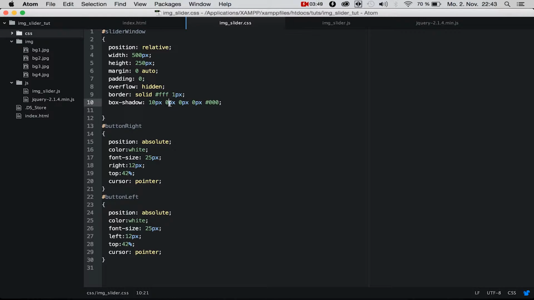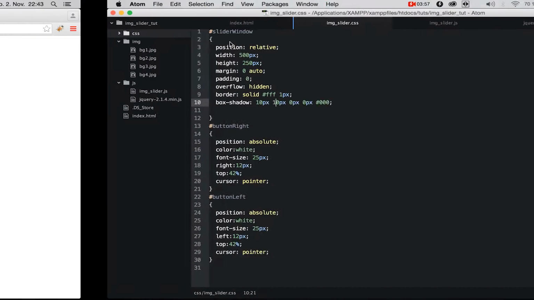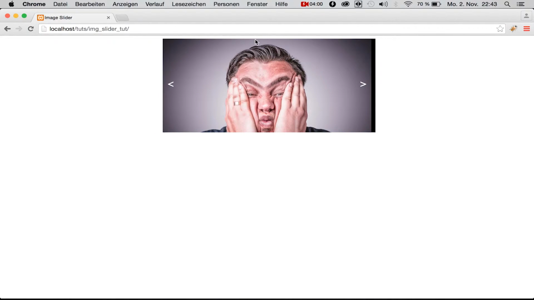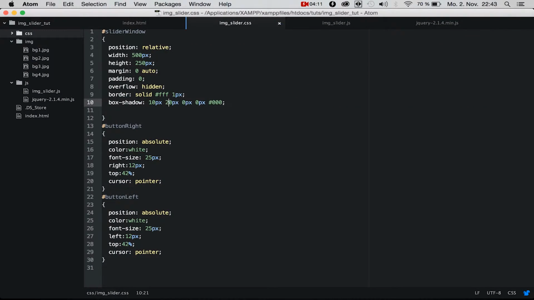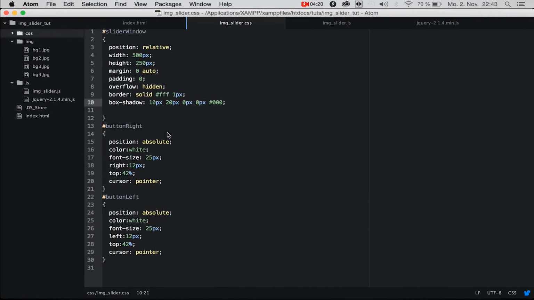Okay, the next parameter is the same. It's an offset, but not from the left to the right side, it's from the top to the bottom. So if we set this to 10 pixels, it will get our shadow 10 pixels to the bottom. So if we reload this page, you see our shadow is on the right side and on the left side 10 pixels. Of course we can set this to 20 pixels, and it will look a little bit different. And you see it's the offset from the top and the offset from the left. So let's set this to 0,